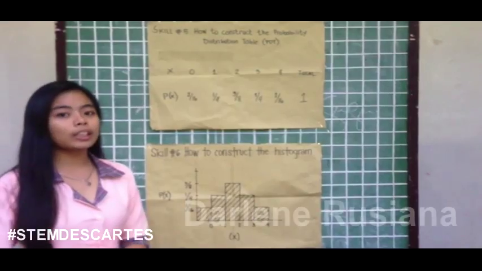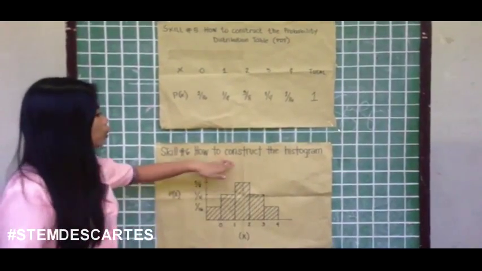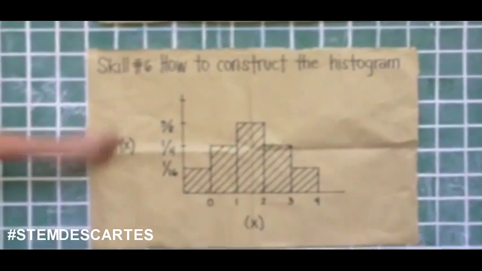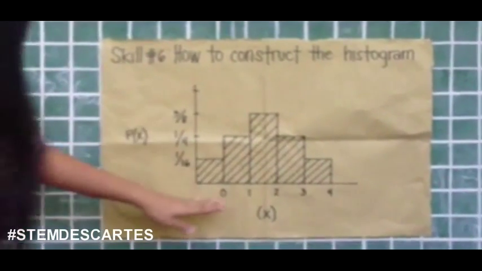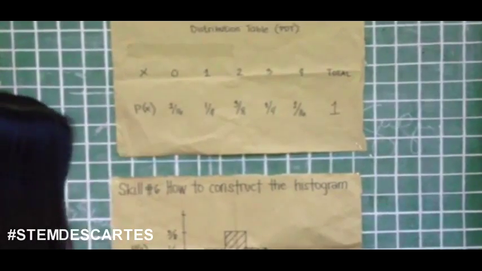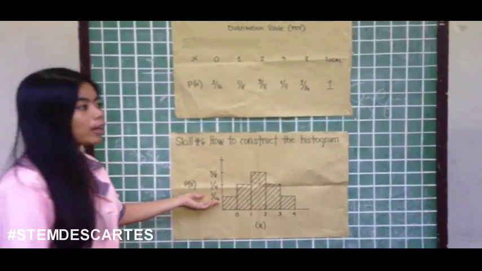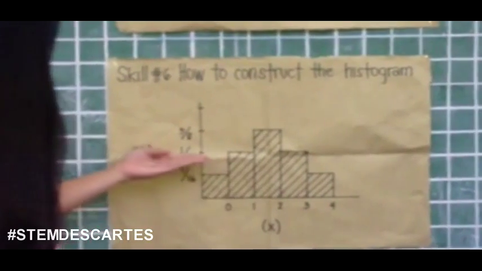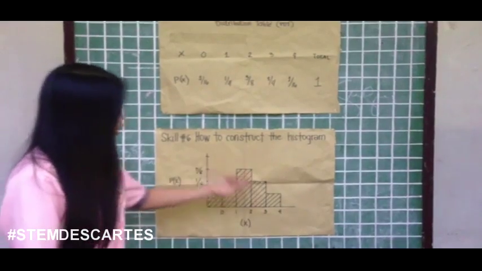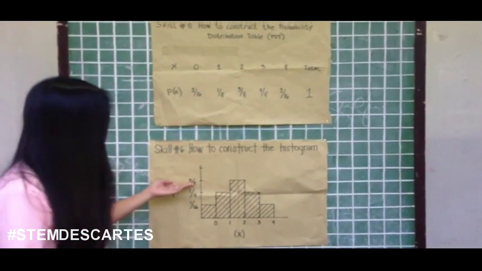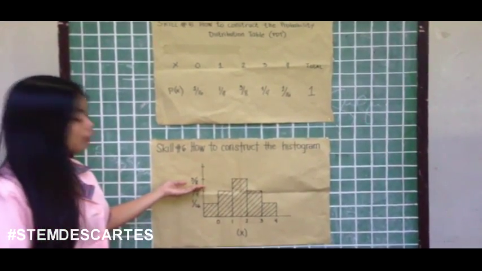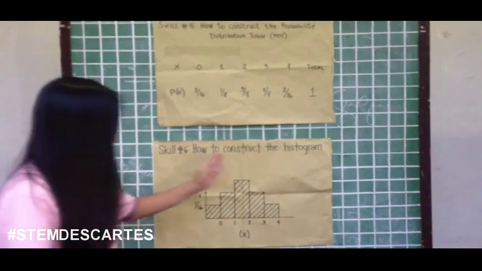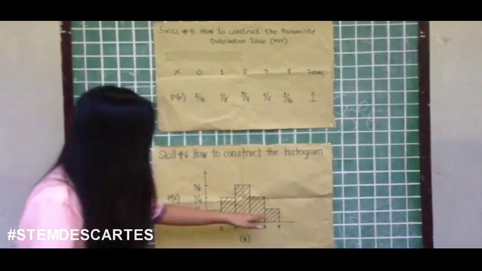After constructing the probability distribution, the next step is to construct the histogram. x denotes the number of heads, while P(x) is the corresponding probability. The probability of getting 0 heads is 1/16, or in decimal form 0.0625, while the probability of getting 1 head is 1/4, or 0.25. The probability of getting 2 heads is 3/8, or 0.375, while getting 3 heads is 1/4, or 0.25, and getting 4 heads